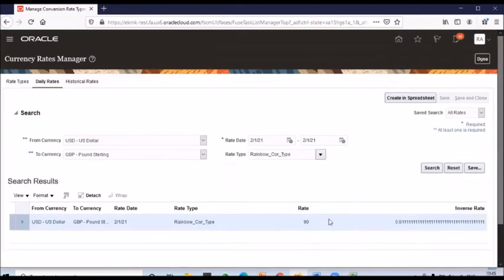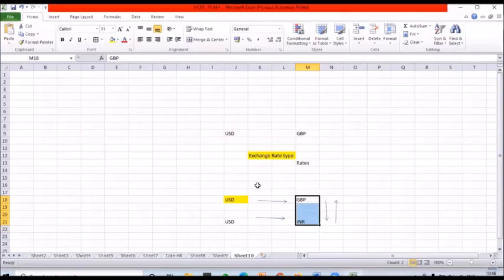What rate is available? 90 is available. Maybe in the last batch I loaded the rates. But if you create a fresh rate type, you're not going to see any rate here. That means you should load the rate. So how are you going to load the rate? What options do you have for creating these daily rates? You have the option called as a